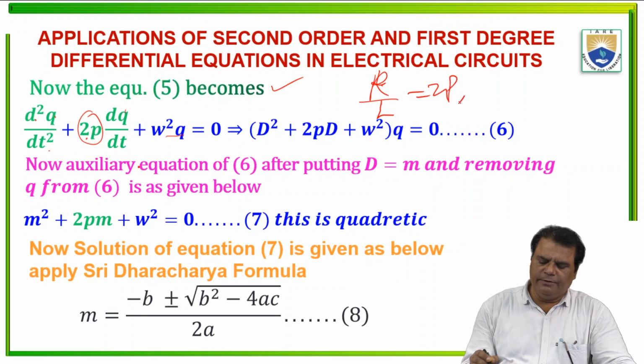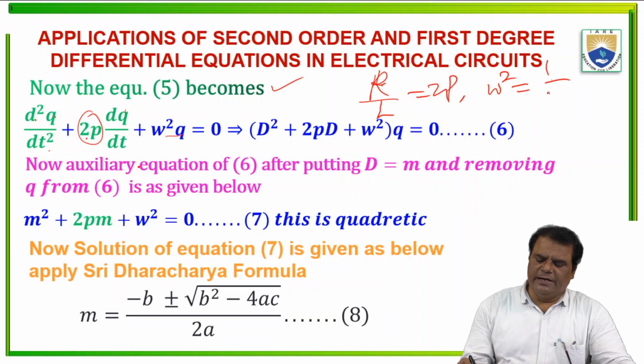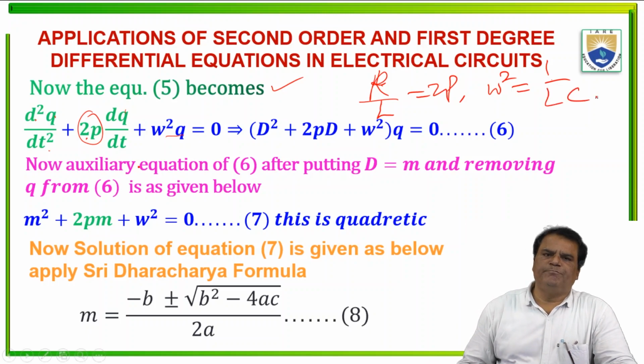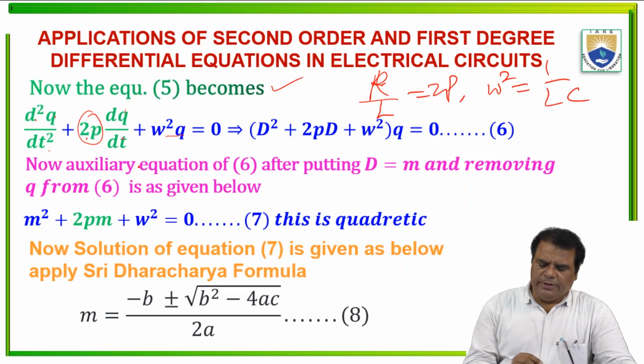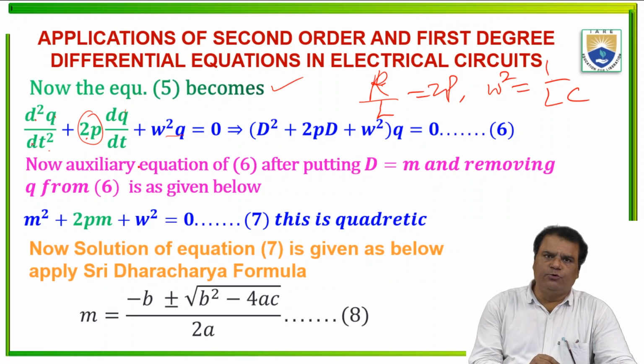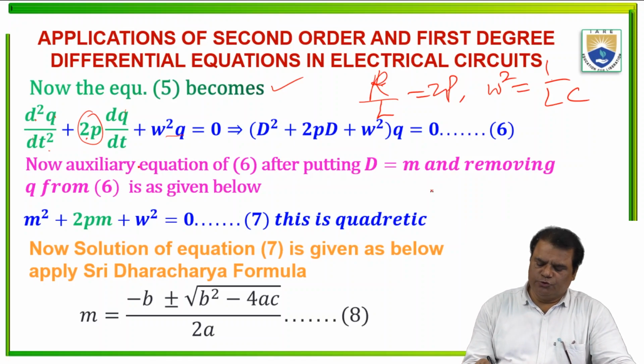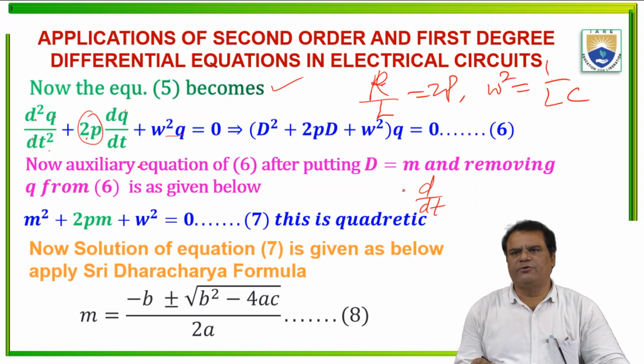This is 2p, and w square, this is 1 upon LC. So now here, Q is differentiated 2 times with respect to T. So we know that d over dt is the differential operator with respect to T. d over dt, the first-time differential with respect to T,